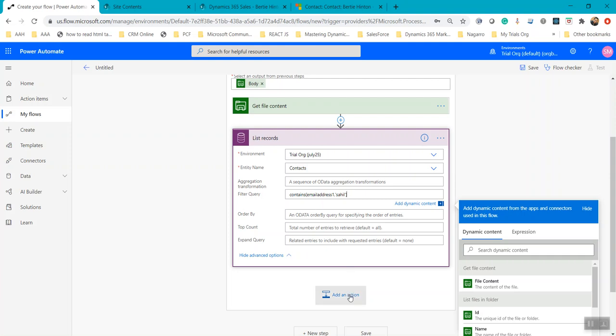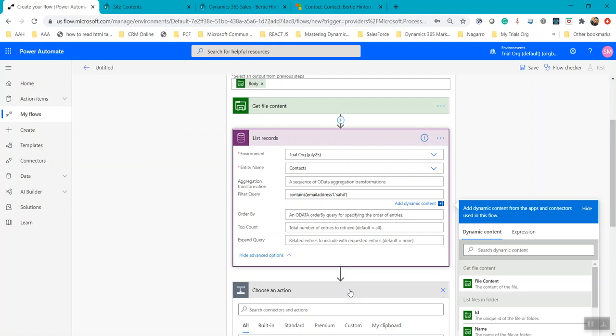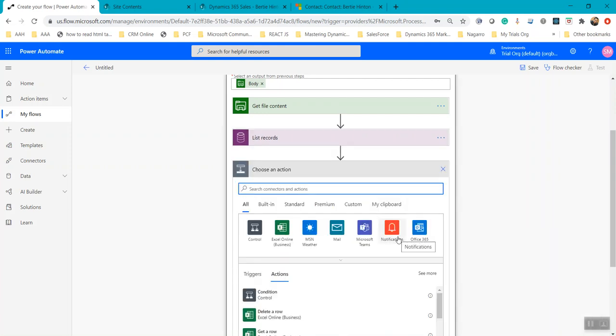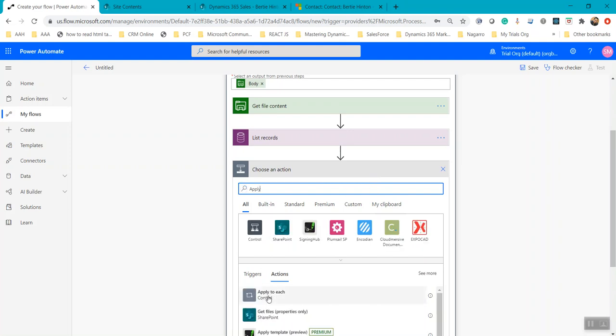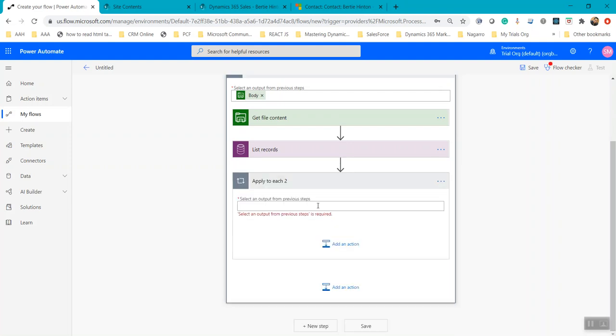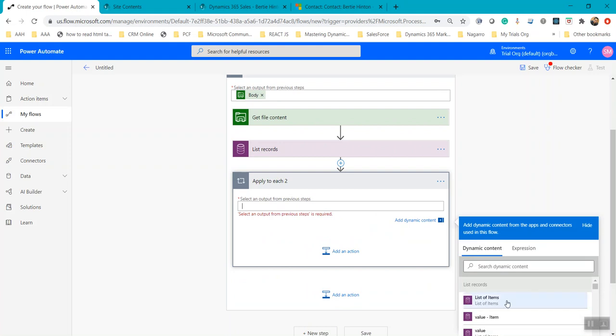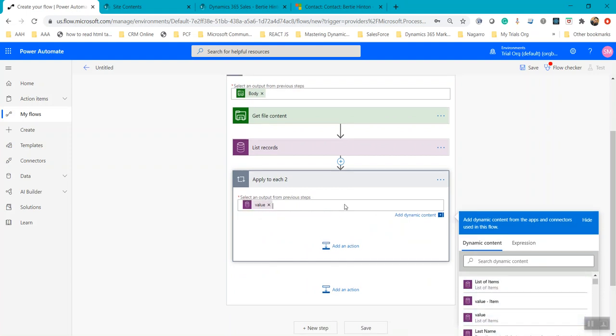Okay. So the next step should be: now we have all the contacts, and for each and every contact we should be uploading the files in SharePoint. Again, we need an apply to each step, and select an output. It should be the value from the previous step,